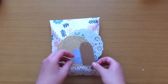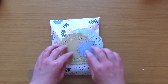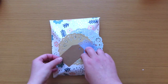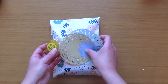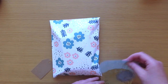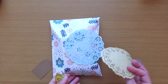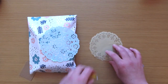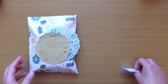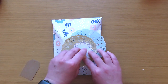So what I like to do is figure out what my configuration is going to be. I think I'm going to do something kind of like this. I think that'll look cute. So while I'm thinking about it, we're going to do a line of glue. Here, I'm going to do, oops, a line of glue over here, literally not even that much, just enough to keep it tacked in place. And then I think we're going to do like that. So one here,